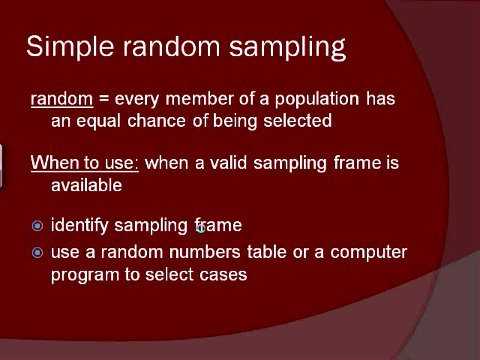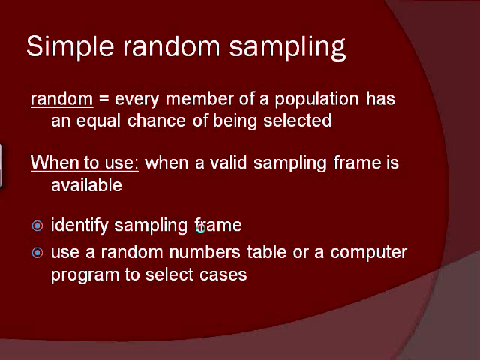So if you do have a valid sampling frame, you can use simple random sampling. Once you have all of the members of the population listed, you need to number all of them and then use either a computer or what we call a random numbers table. That is a table that contains a listing of randomly generated numbers, and you can use it by tracing your pen alongside it to simply select random digits and then define the corresponding members of the population